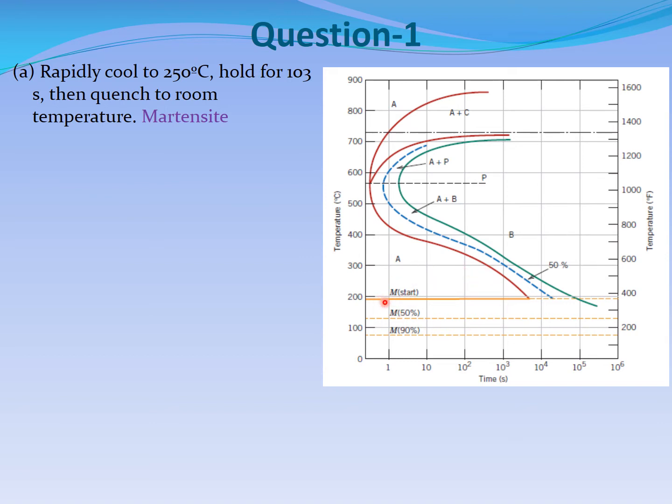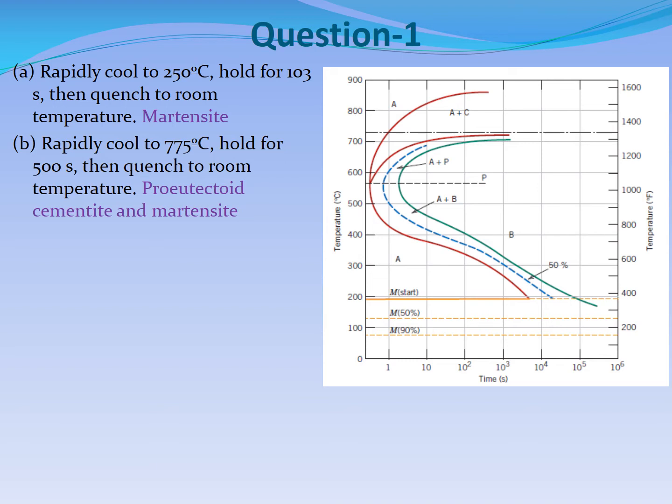I mean, we are writing these lines because martensite starts and this and this. But if you hold it there and then after some time, it will go back to room temperature. You suddenly cool it here, then you hold it till here, and after that, you go down to room temperature. So this will be martensite.